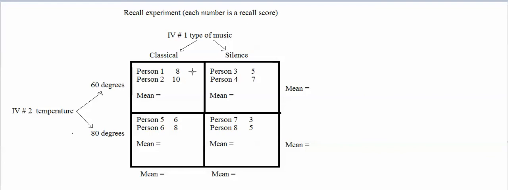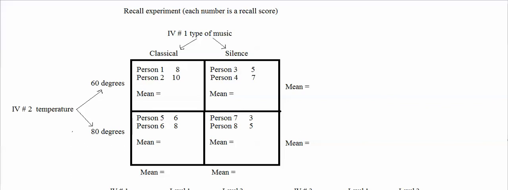So each number in here is a recall score. Like these two numbers are recall scores. Same here. We have 8 recall scores from 8 people. We have different types of music, and we have different temperatures. And what I'll have you do is calculate the cell means and fill them in. Since I'm giving you 2 numbers, each cell mean